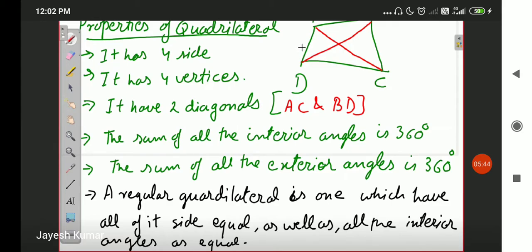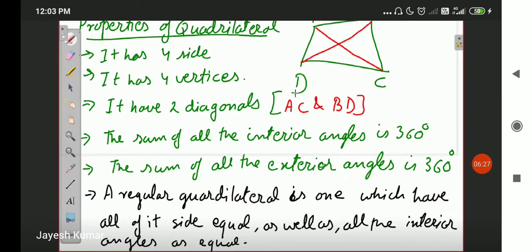You know most of them already. I have discussed most of them again. We have learned all these properties in our previous classes, so there is nothing new that we have learned till now. We have already studied that the sum of all the interior angles of a quadrilateral is 360 degrees. We've already done some questions regarding that, and we already know a quadrilateral only has two diagonals. The sum of all the exterior angles for any polygon in fact is 360 degrees, and we also know about regular polygons and non-regular polygons. All of these things have been covered already in previous classes. I'm just revising a bit.